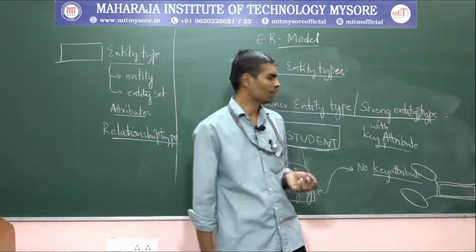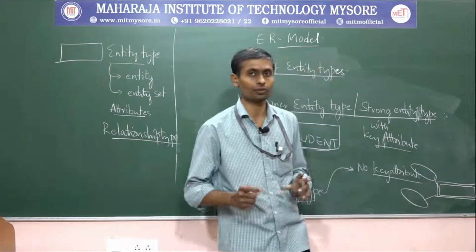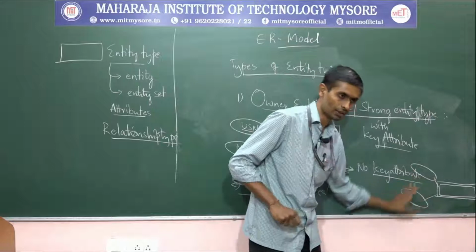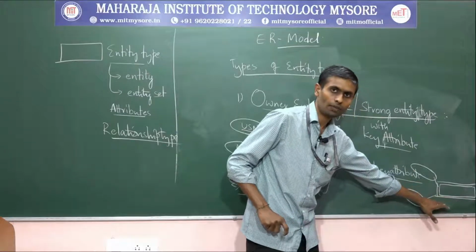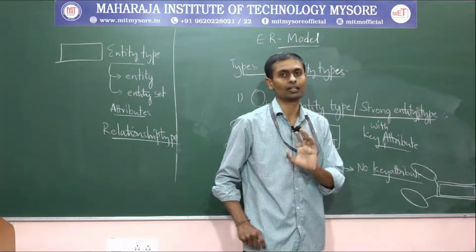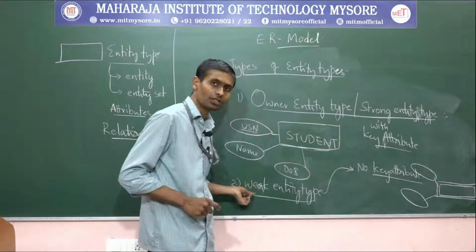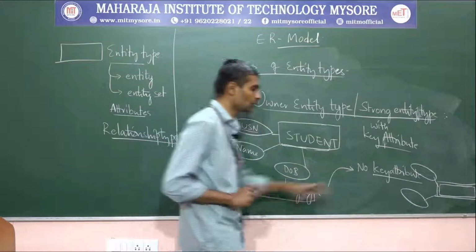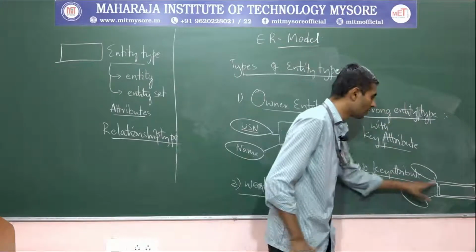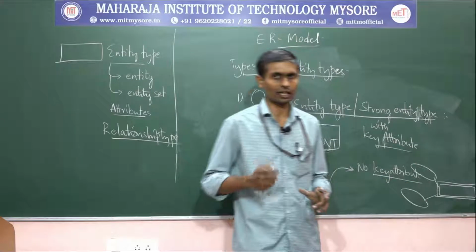It's an indication that then how will these instances be identified? Definitely this kind of question comes to our mind. A weak entity type is one that also consists of plenty of attributes, but in that attribute list we should not have any key attribute, right? This is the only constraint we must have in describing a weak entity type. It should not have any key attributes, that's it. And one more, definitely one question rises in our mind, right?